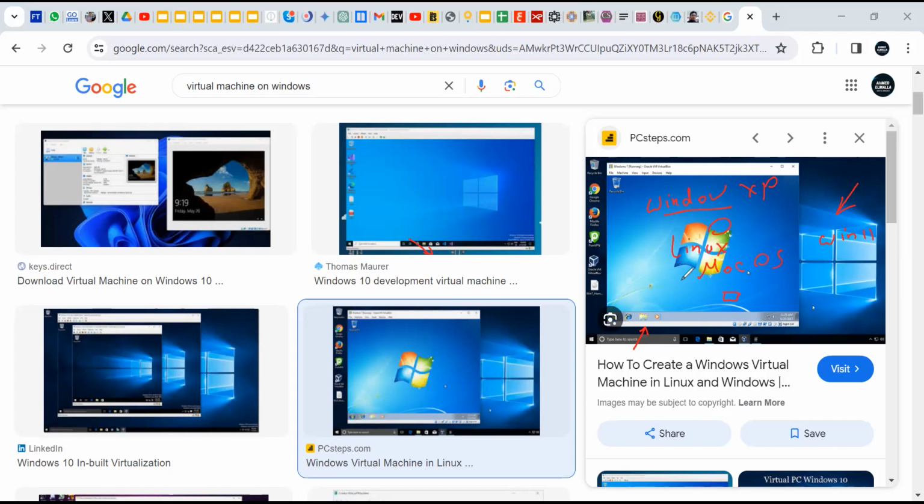So you can even run one, two, three operating systems inside that. Of course, if your machine or laptop is weak, that will slow down your operation, because inside your virtual machine software, you have to decide how much of your RAM and your hard disk, oh sorry, we have to close and open,